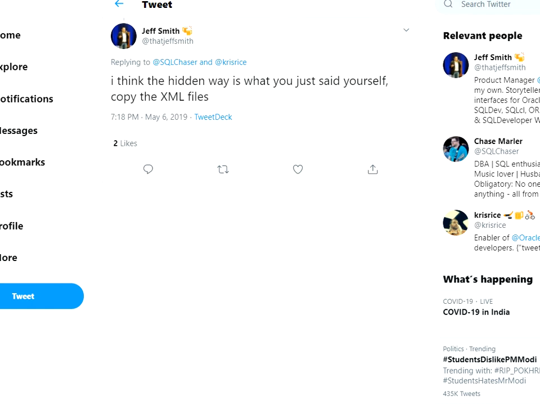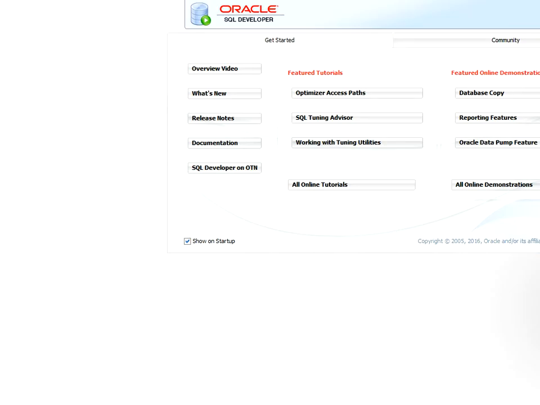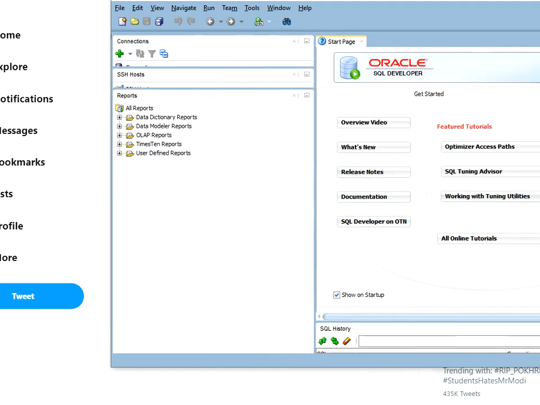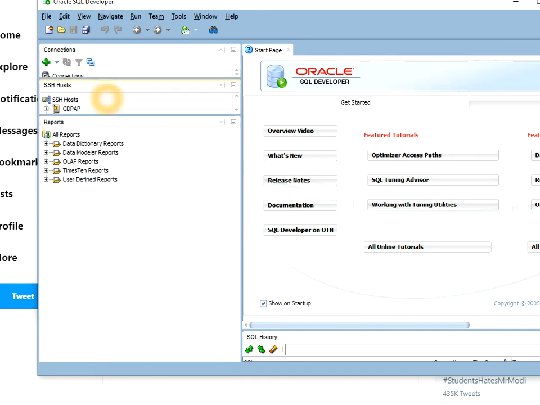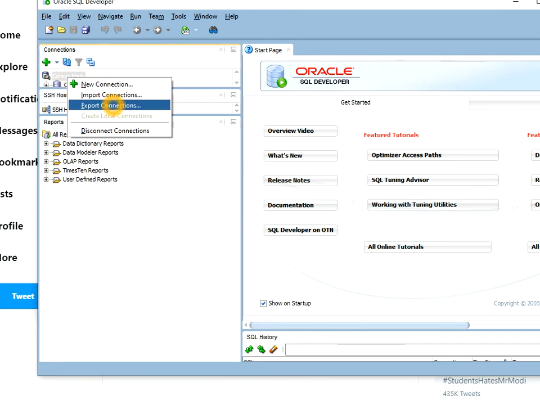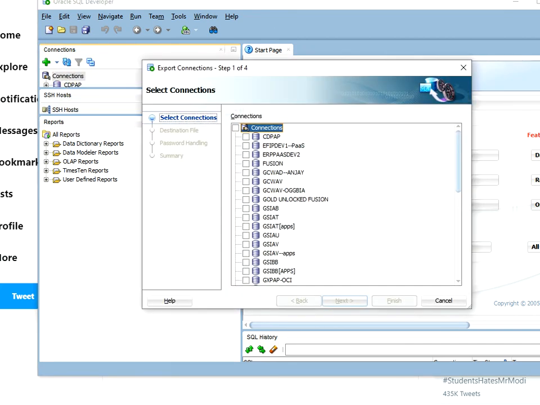So we can import and export our connections. That's pretty much fine. But if you are not aware of importing and exporting the connections, let me give you an example here. See, if you see this here, just click on this, not this one. Actually, I don't want to show my connections, but okay. So just click on this. This is the export connections option. And once you click on this, all this will be there.